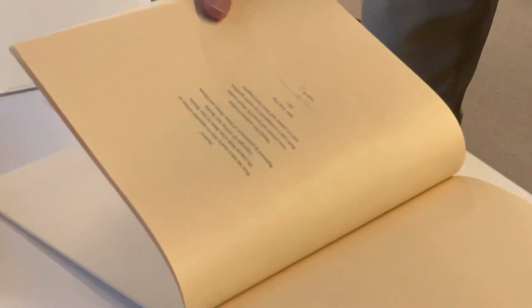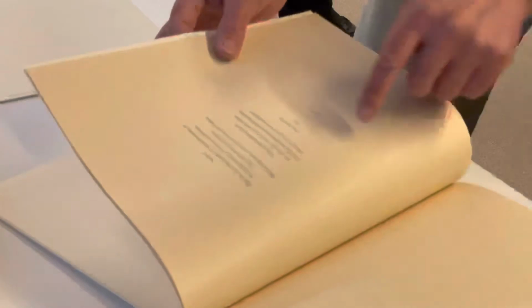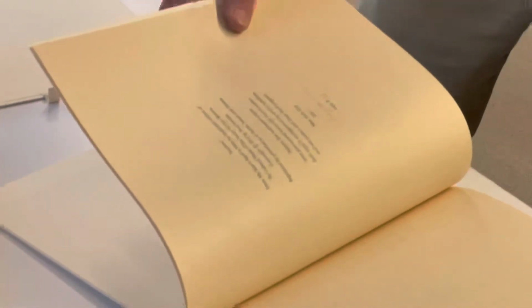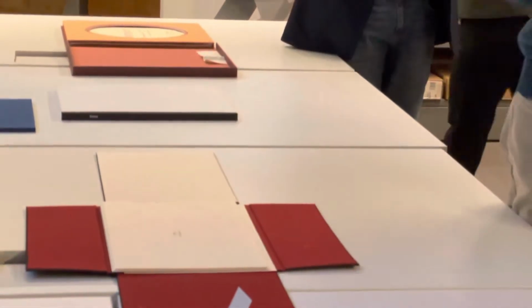Each copy accompanied by 12 sparklers and 2 plaster and linen hand puppets, New York 2022. This is copy 12 of 25. So there aren't many of these, yeah, so rare as hen's teeth, really. This one is really a very explicit